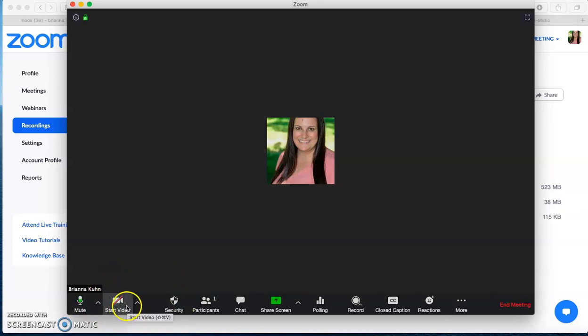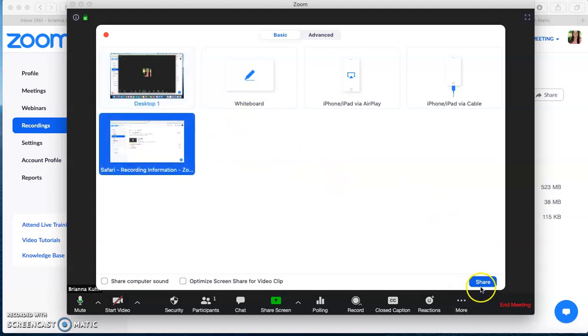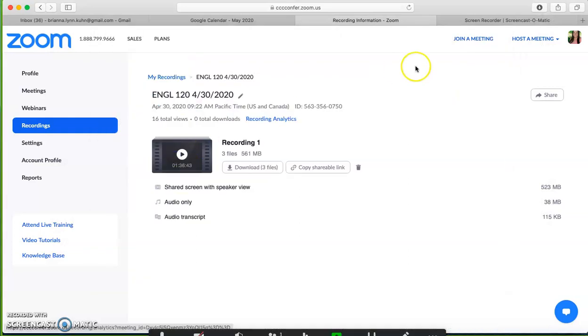I'll keep it off for right now, but you can choose to start your video if you want them to see you and your screen. Come over to your Zoom screen and click share, and double click whichever screen pops up. If you have a PowerPoint open on your computer, there may be a PowerPoint window here that you can share. I'm using Google Slides, so I'll just double click on Safari, and then my slides are,